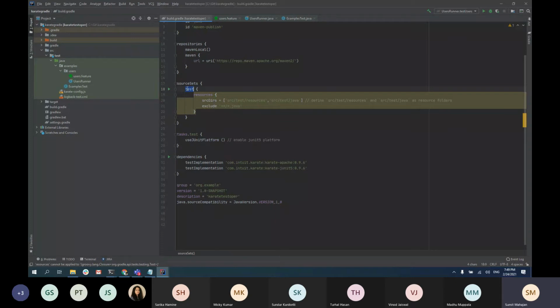When I implement this task, this is a Gradle task, which means test. It's the same as mvn test that we do, right? So it's going to execute all the tests that are included in these files, which are source directories. It's going to execute everything that is .java, right?